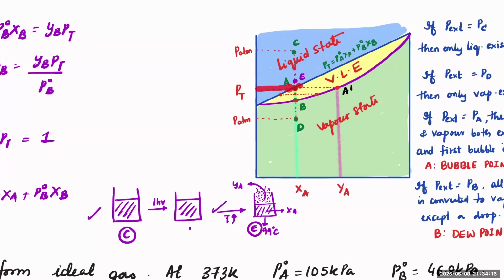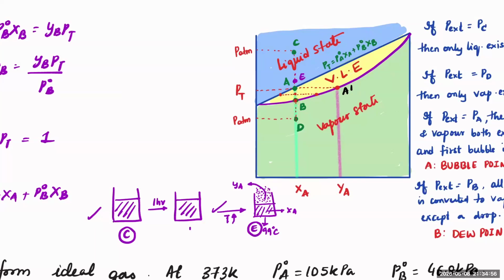When the bubbling happens largely, you can see this pressure and the external pressure match. Now, if the external pressure is this much and it is matching the total pressure of the vapor state, meaning the atmospheric pressure has decreased from 1 atm to 0.1 atm, then the vapor pressure of the liquid as well as the external pressure are the same. That means you have reached this point. Now a lot of bubbling will happen. And if you decrease the external pressure further and reach point B,